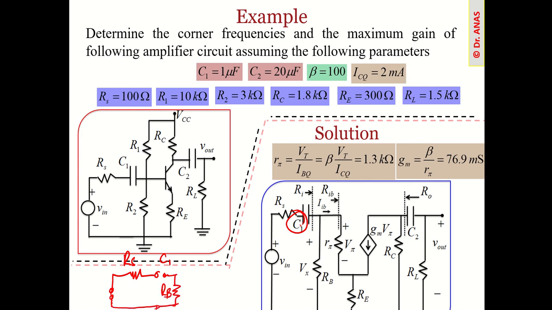This is ground, and with RB we have R pi, and here we have RE. This is a current source, so it will be open, so we don't need to go here. Now if you look at this circuit,